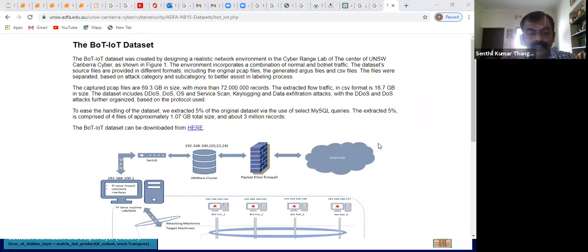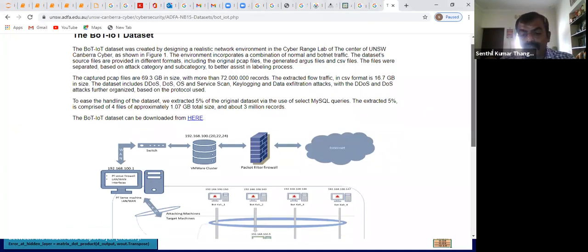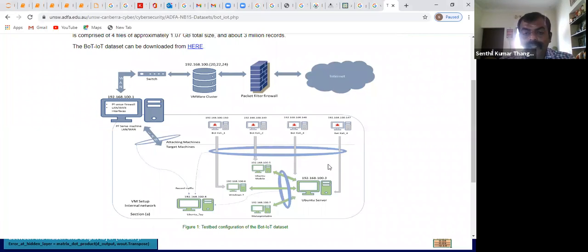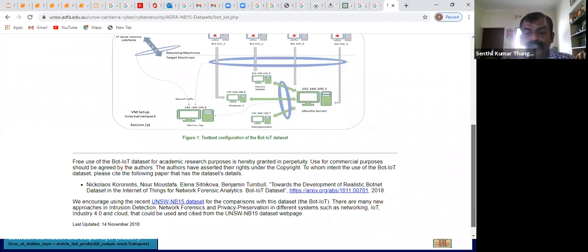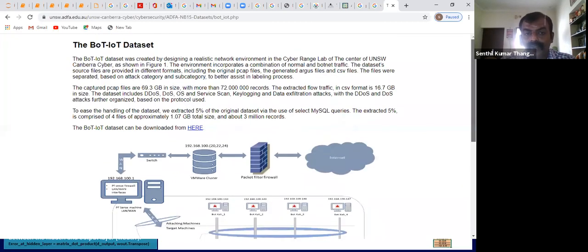If you look at it from the diagrammatic perspective, there is a cluster of nodes, and the data is captured. Here, the data is captured for handling the attacks. So if there are sensors and devices connected to a network, and assume that the network is getting attacked, how can you handle it? That's the question here. So that's a very good research problem.